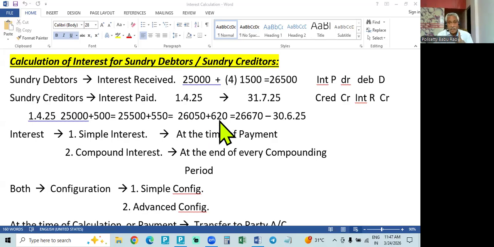And on that we calculate. For example, if it is 620, then in the case of 620, it is calculated in the second period, whether first month, second month, third month, or first quarter, second quarter, third quarter. So in this case 620 will be added again, transferred to the party. Then the amount due will be 26,670. April, May, June. So at the end of June, if it is quarterly,